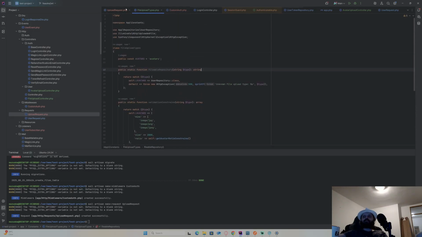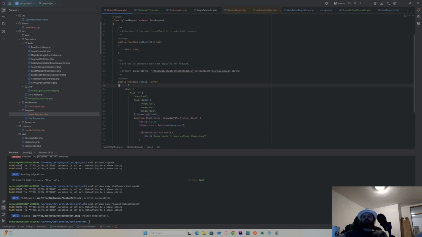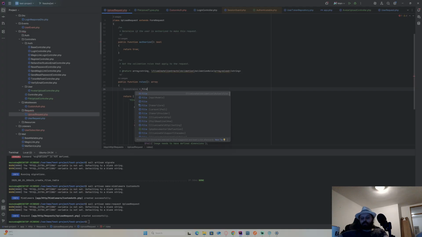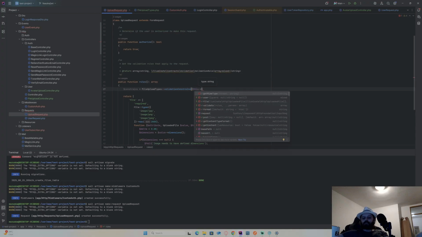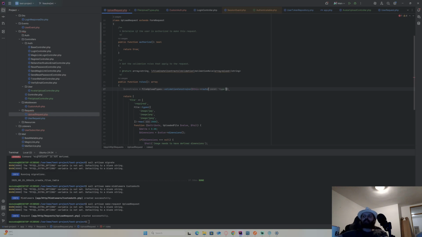And now I'm gonna go to my upload, and now constraints equal file upload types validation constraints. No, this is the route parameter type, so it's gonna be this route type, like this.